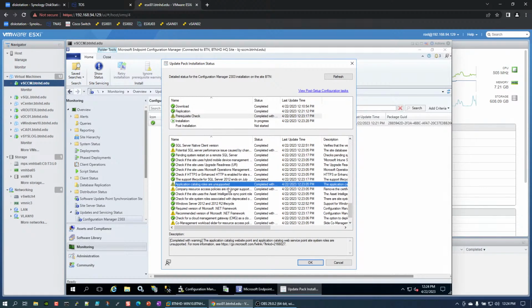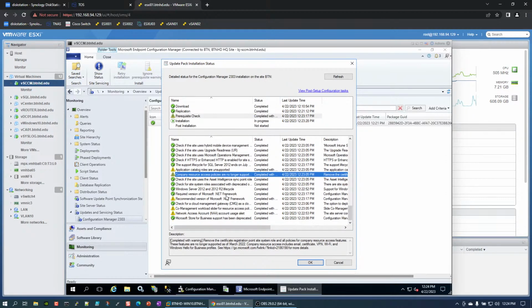Catalog roles are unsupported. Company resources, access policies. I mean, typically anyone should be in here looking into some of the installation status. I'm super surprised that this went green because typically in the past it would give you the warning even though you have the latest and greatest .NET Framework. So it looks like Microsoft fixed this, that it actually gives you a green because you have the correct .NET Framework. I think in the past when I upgraded to 2211, it gave me a warning